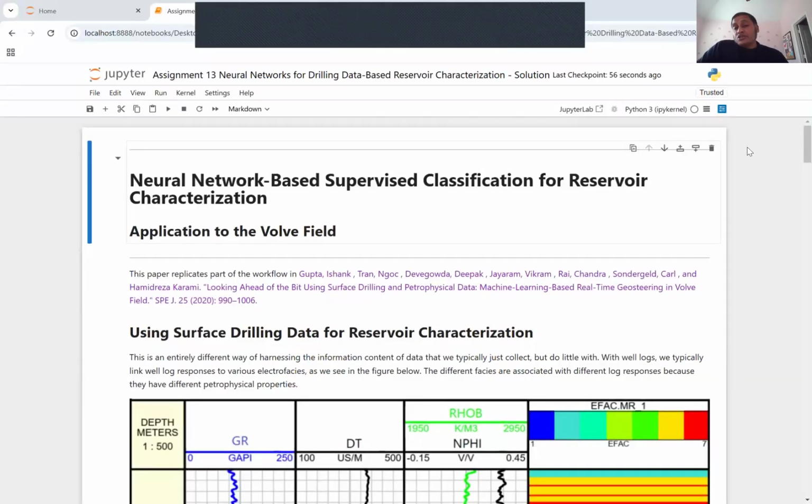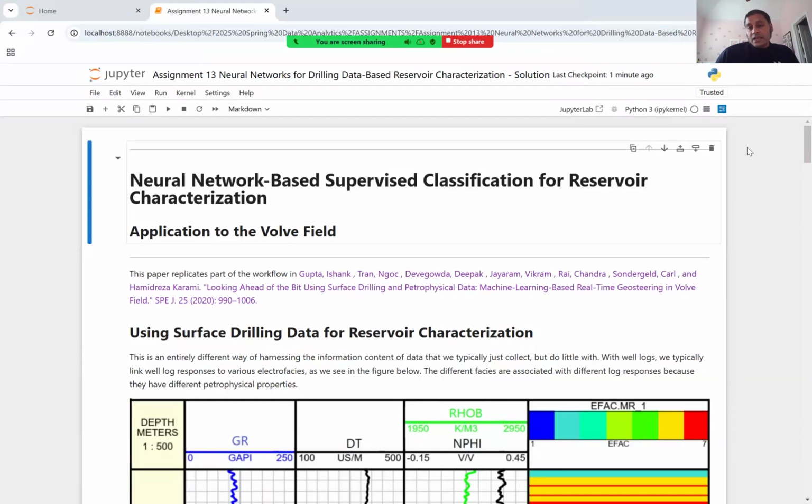Hello and welcome. In this video, we'll be looking at an application of neural networks for supervised classification. The goal is reservoir characterization. And in this specific example, we're going to be using surface drilling data to tell us something about electrofacies, variations